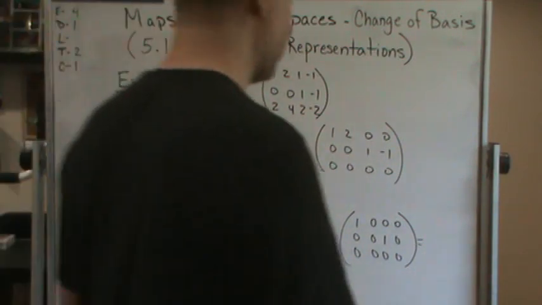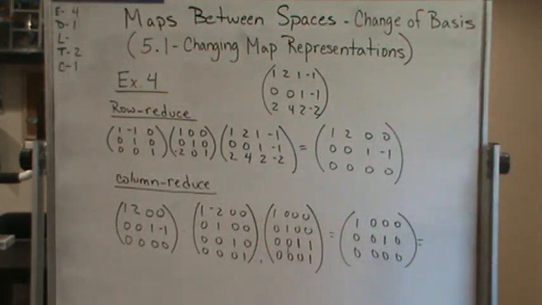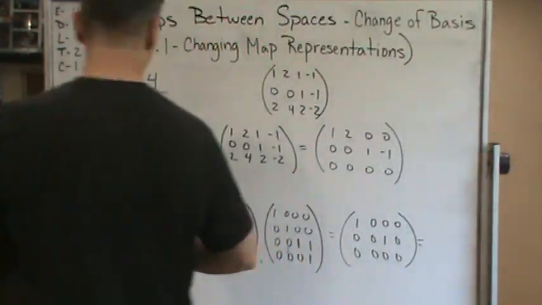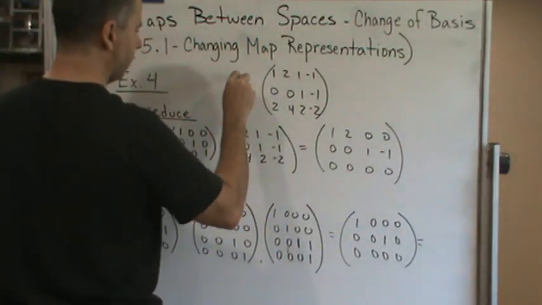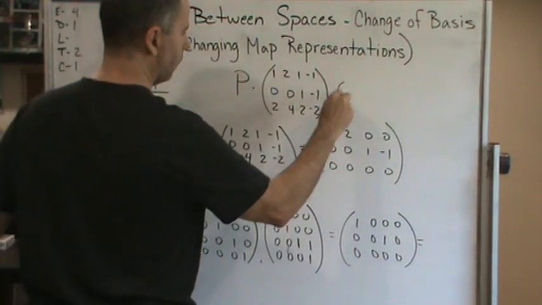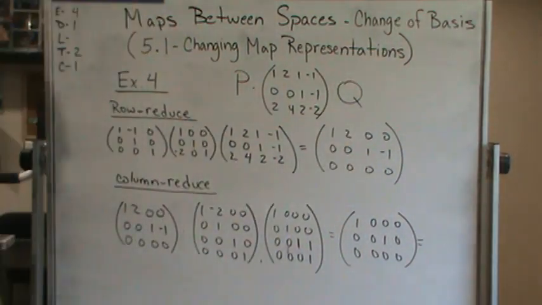All right, let's go through example 4 here. So in this example, we're going to find P and Q, right? So we want to find P and Q that will get us the